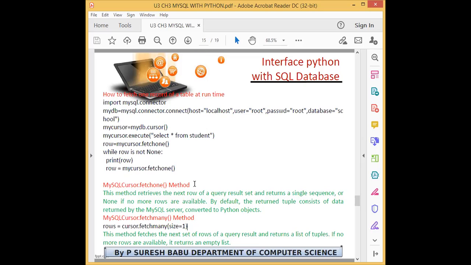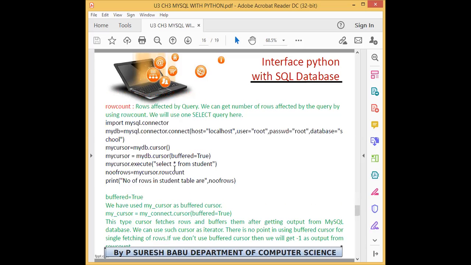Then yesterday we didn't see the commands called rowcount and commit. Okay, rowcount means in MySQL, if you insert or delete or update the records, it will show like 3 rows inserted or 5 records updated, like that. So it will show how many records updated in the MySQL screen. So how will you get that output in the Python screen? Okay, for this the connector module has a function called rowcount. It will get the affected rows count from the result set.